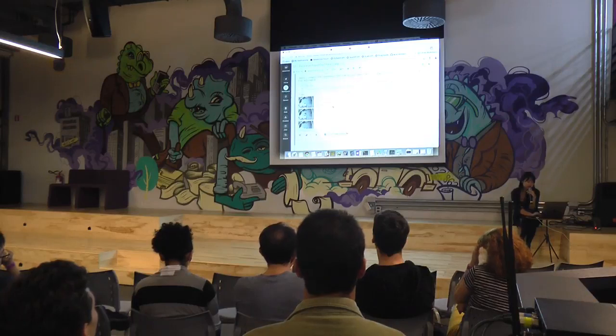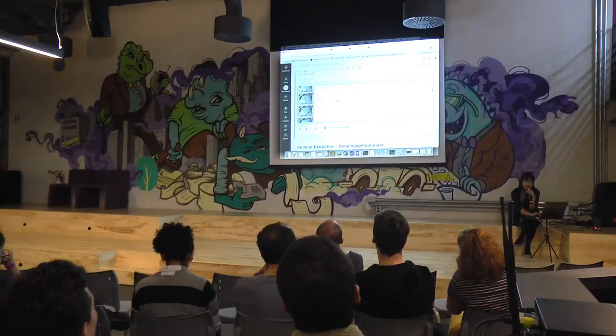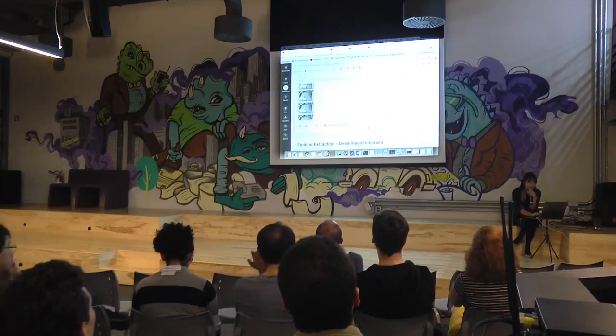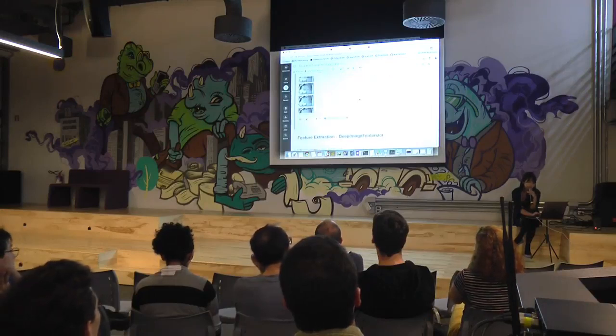Okay, so we can see that we finally loaded the images, and if I scroll really fast, it'll be like a video, but it's basically a sequence of images that I have in the video. And if I expand this, you can see that it's loading in as binary files.